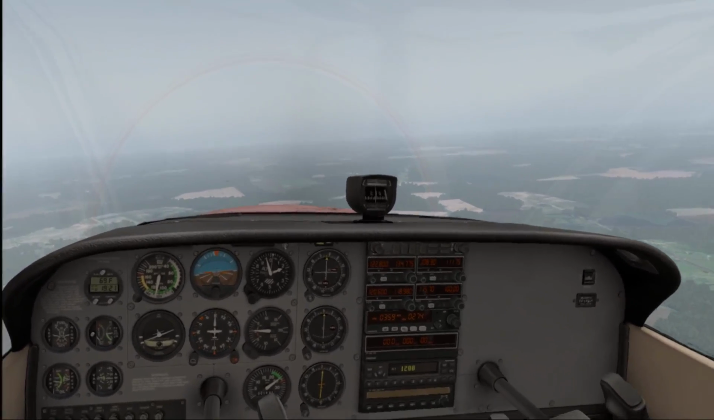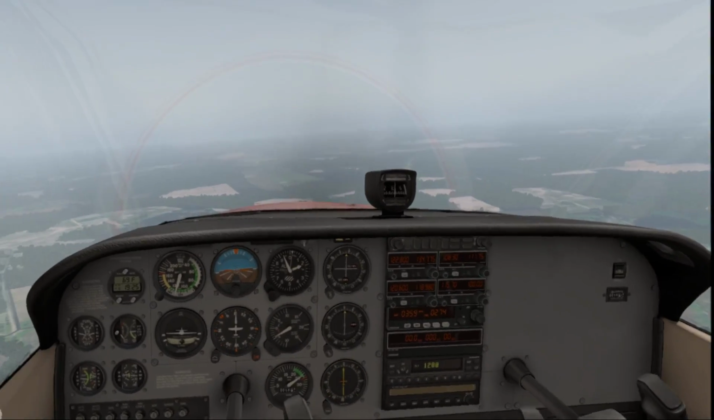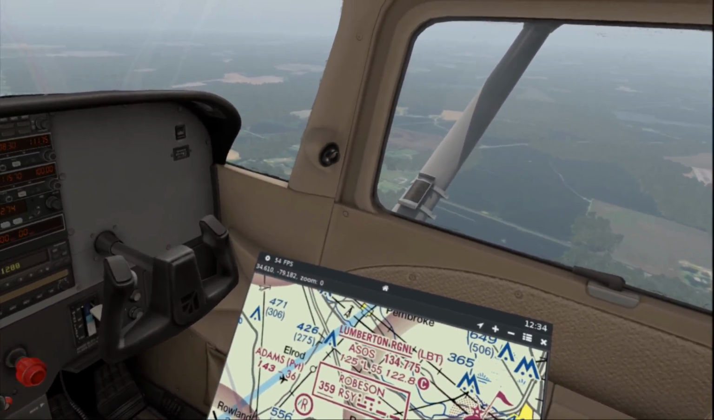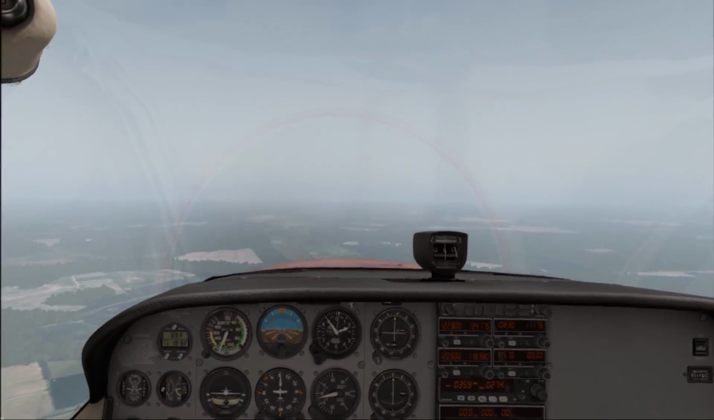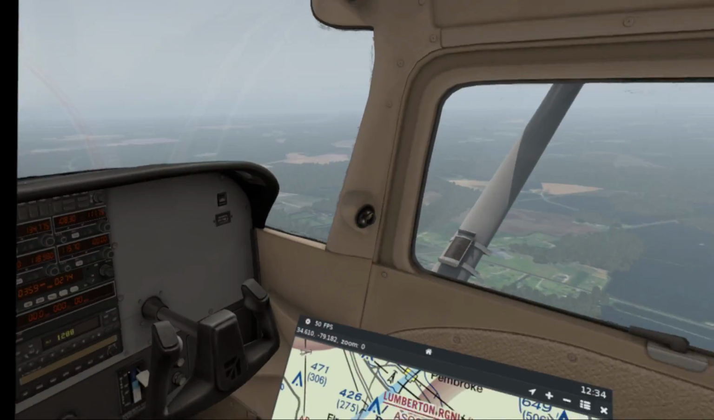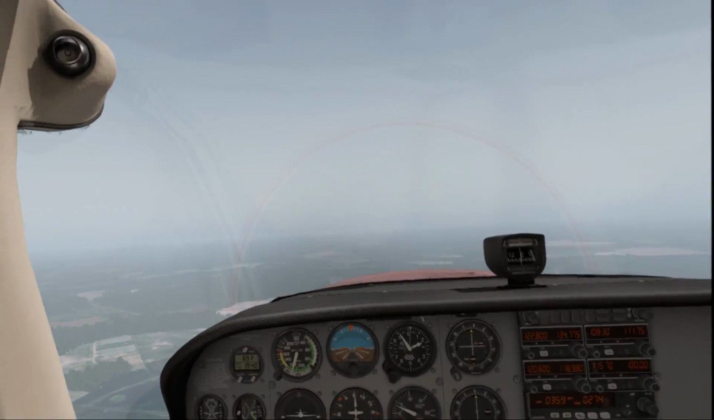Needle is now straight on. Changed my heading to match. And I'm heading directly to Lumberton. So I'm in the south, oh no, I'm heading from the west, so